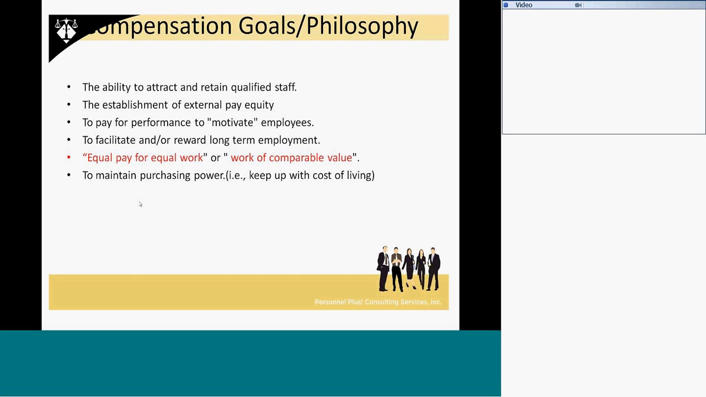External pay equity is really the same thing, just described a little differently. If you tell me you want to pay for performance, obviously that means your compensation system has to have some way of measuring people, in other words, some sort of a performance appraisal system that measures performance against goals or against other employees. If you tell me that you want to facilitate or reward long-term employment, which is the easiest